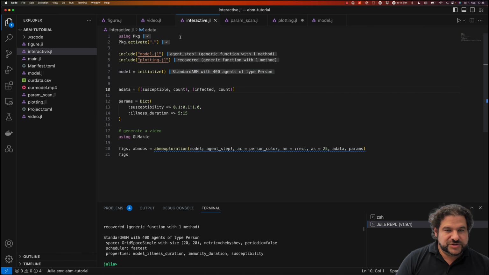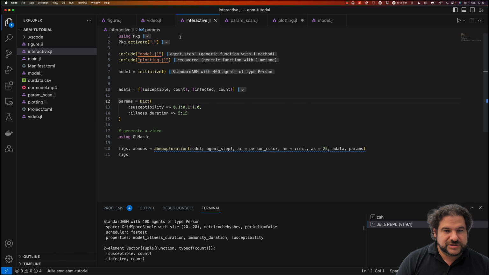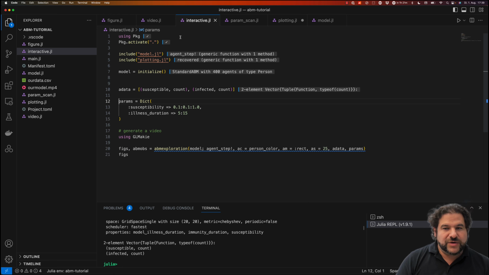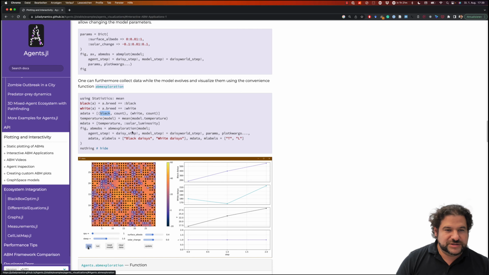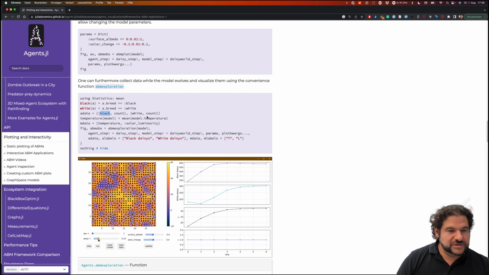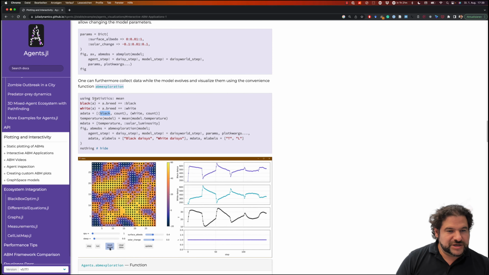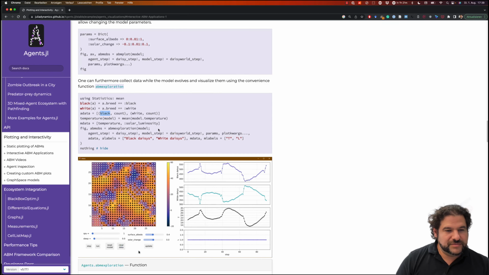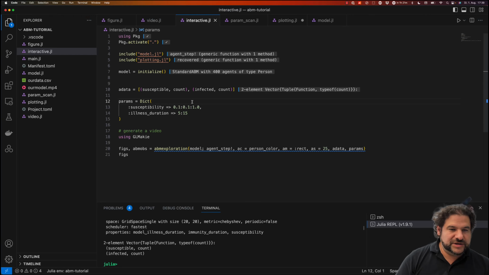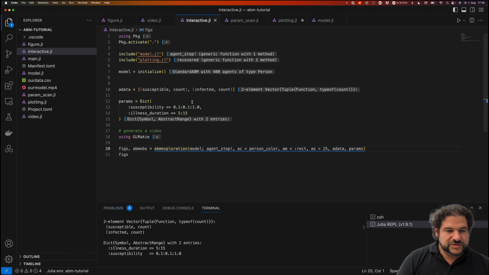This loads all our functions. We initialize our agent set. We now have a tuple that has a function, and count, is count a function as well? Let's see in the description. It's not a function. It has statistic mean, but that we don't need. So let's see if that works. We use the ABM exploration tool